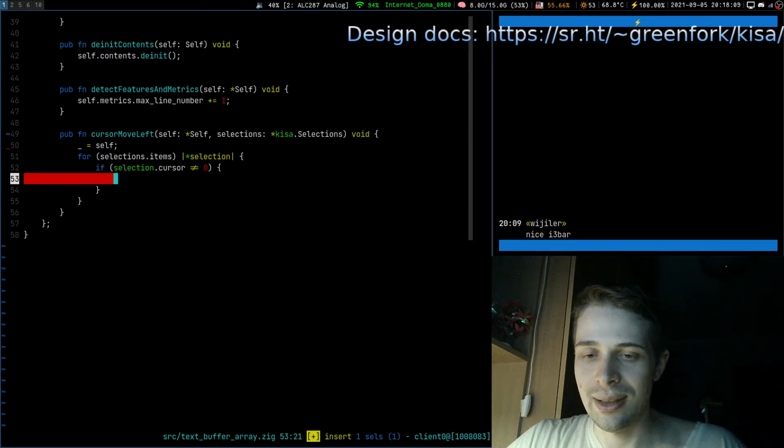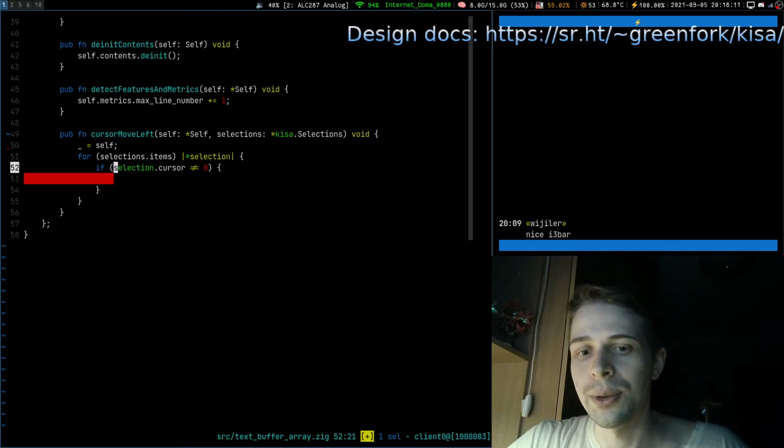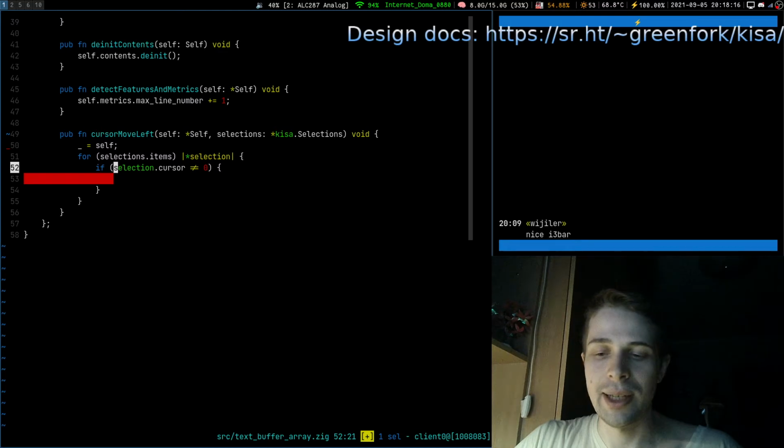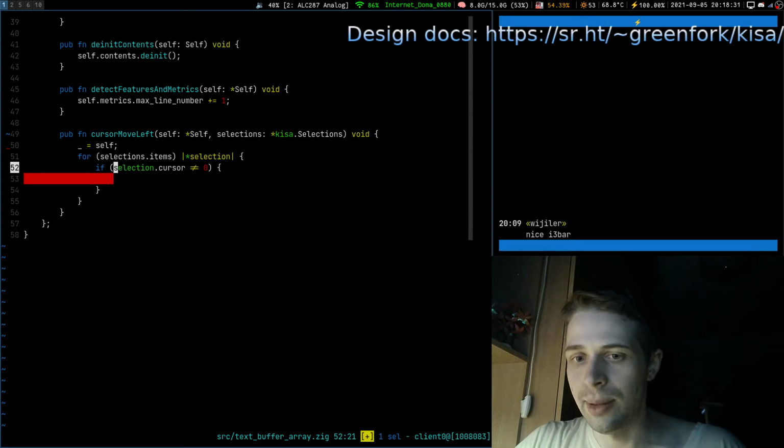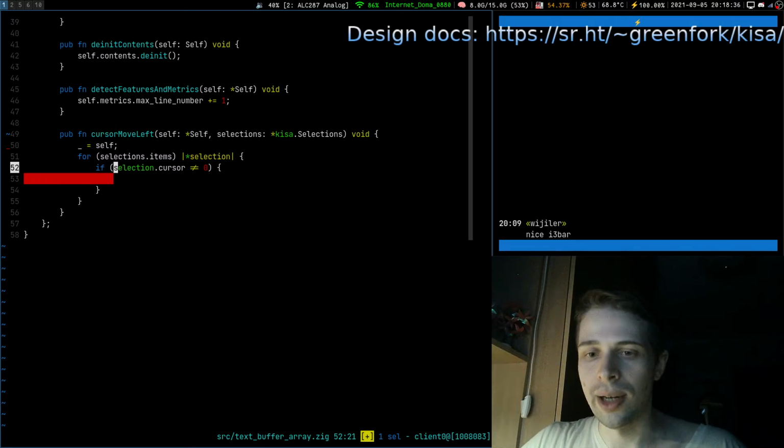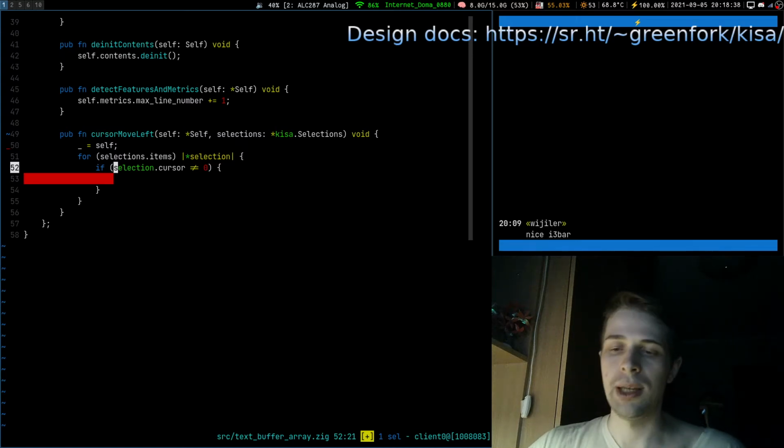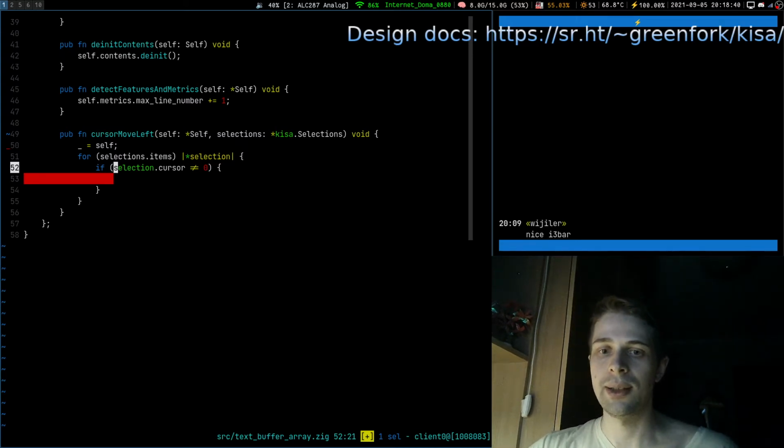So if it is not 0, or if it is more than 0. No, if it is less than 0, then we will get an error at runtime because it is of type usize, unsigned. So it will be undefined behavior. So we probably shouldn't expect it to be less than 0. Let's get our undefined behavior in this function if we ever get it, because it will be a programming error and we would like to get it as soon as possible so we can fix it.